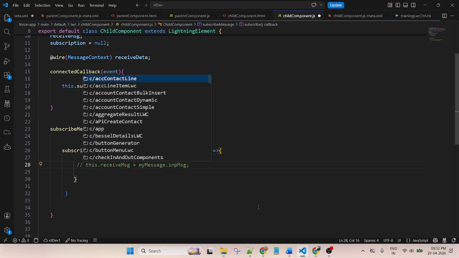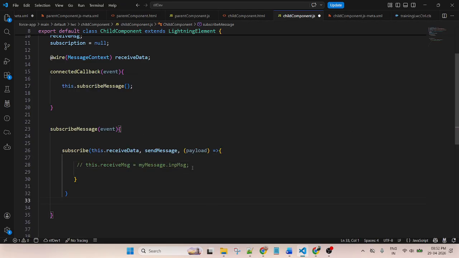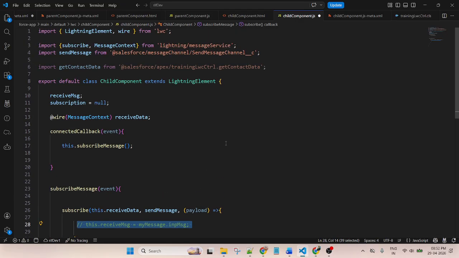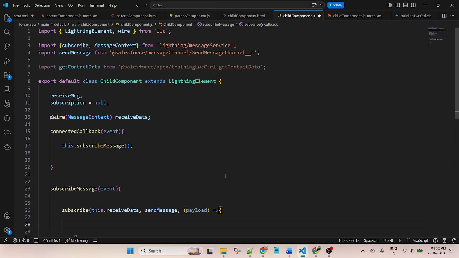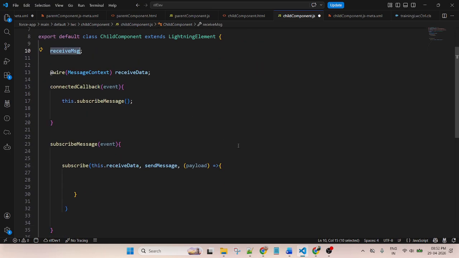Comment this one out. Receive message, this is my previous one. Delete one, see, one also delete one. So receive data payload, this is an arrow function.